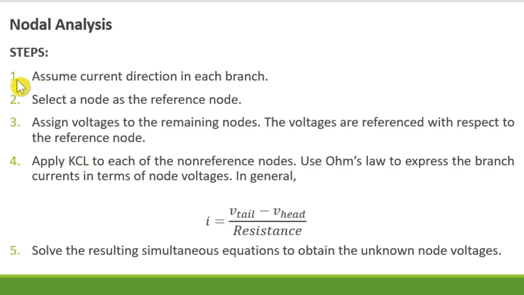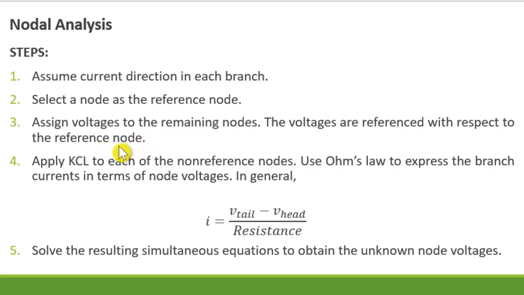So going back to the steps, the first step is to assume current direction in each branch. That's what the first step is for when using Kirchhoff's current law. The next, select a node as the reference node. And for the rest of the non-reference nodes, you will assign voltages, where the voltages are referenced with respect to the reference node. This means that at the reference node, our voltage now is 0. And for the non-reference nodes, we are assigning voltages. So for mesh method, we are assigning loops as loop currents, but for the nodal analysis, we are assigning nodes